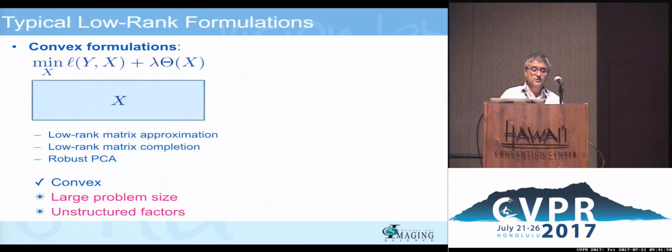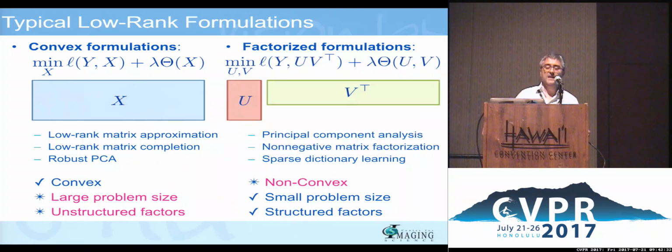So matrix factorization, there are two types of approaches for solving them at a very, very high level. One is what I would call the convex type. And in the convex case, what you do is that you give me a matrix Y, and you want to approximate it by a matrix X according to some loss. And you have some regularization. Typically, you want that matrix to be low rank. And typically, if the loss is the square loss and you put the rank here, then you get PCA. So this is a very easy problem. So in general, if the regularizer is convex, this is a convex problem. The challenge is that the matrix can be really big for big data problems.